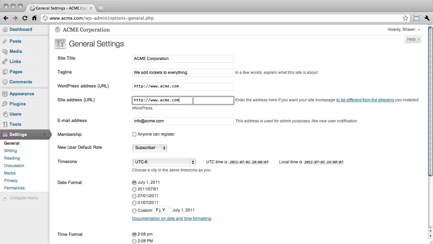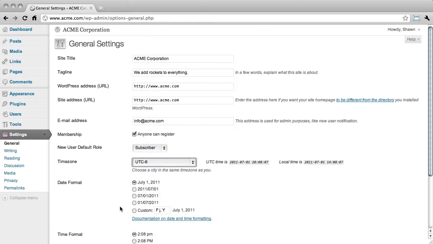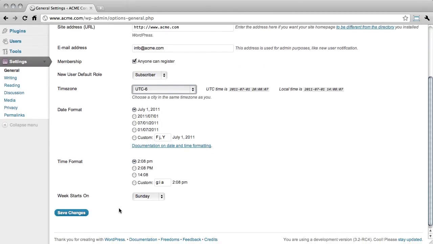description, and web address. The admin email address is where WordPress will send automated email notifications for things like new user registration notices. Choose whether or not you want your site to have open registration for anyone, and if you do choose to enable open registration, then choose a default role for these new members. It's a good idea to set this to subscriber, since subscribers can read but not publish or edit content on your blog. Next, select your time zone, the format in which dates and times will be displayed throughout your site,